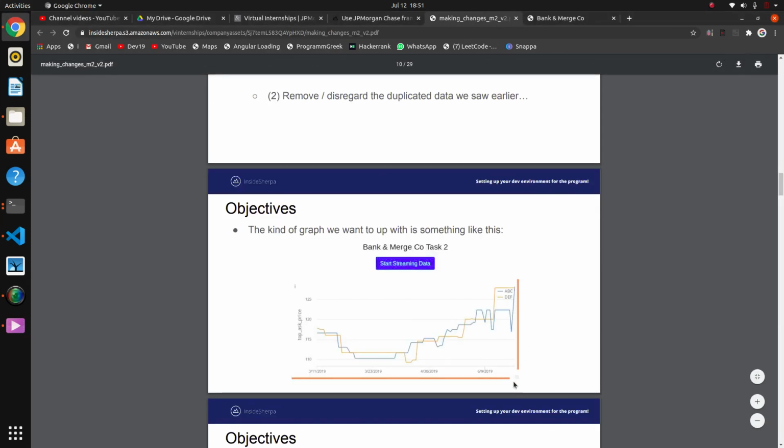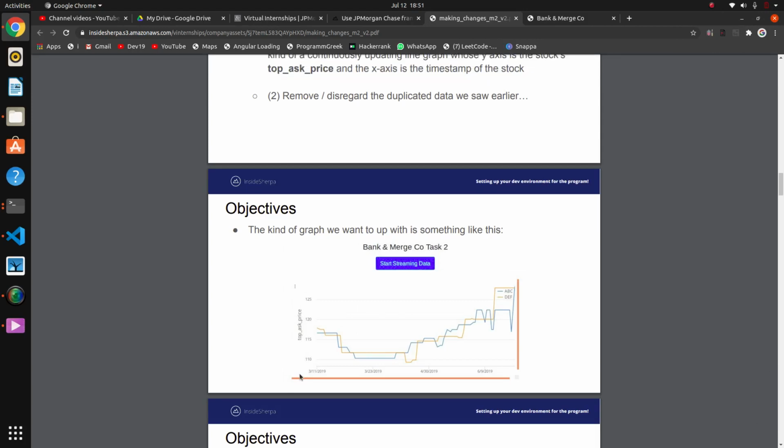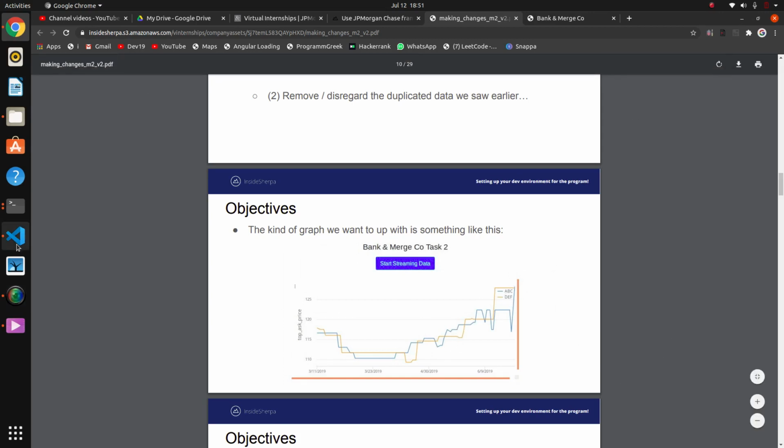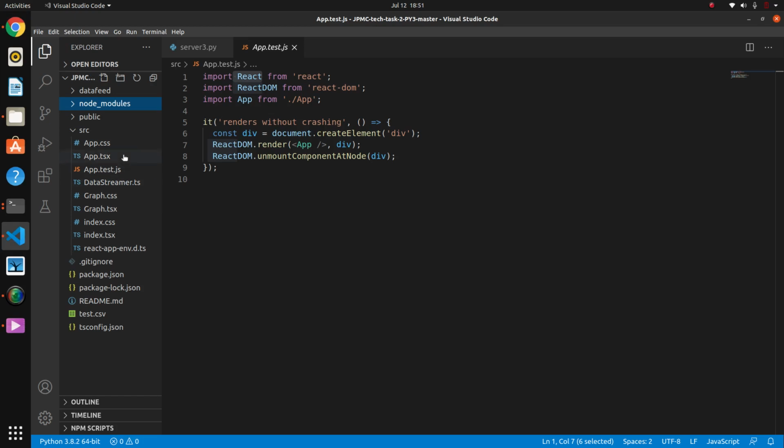So we want to do it in this form. We have to create a graph like these intervals. Using intervals, when we stream the data it will generate a graph. For that you have to make some changes. Go to the